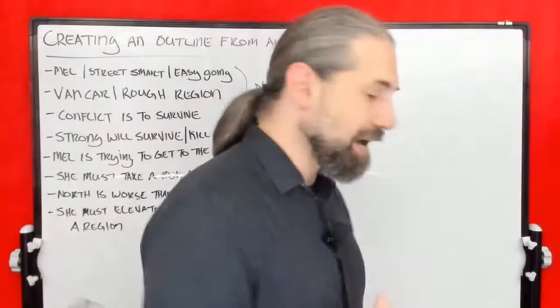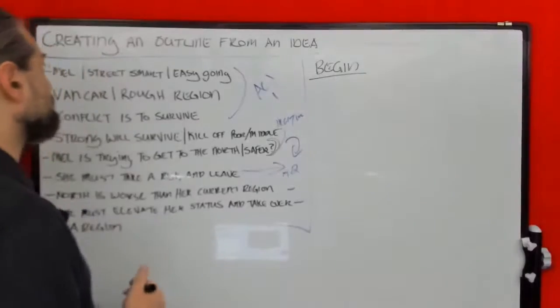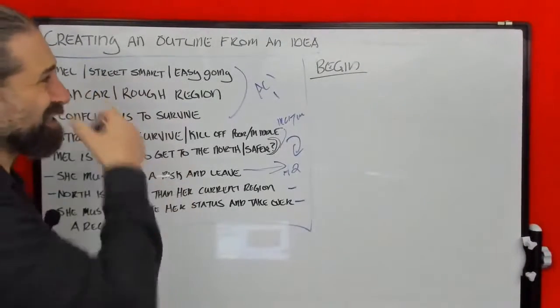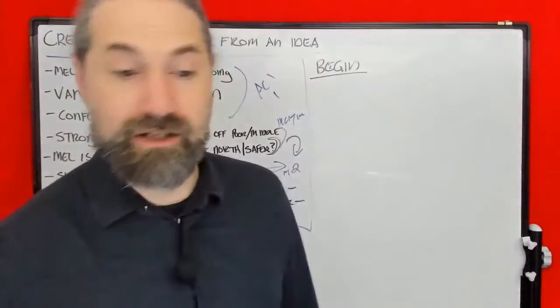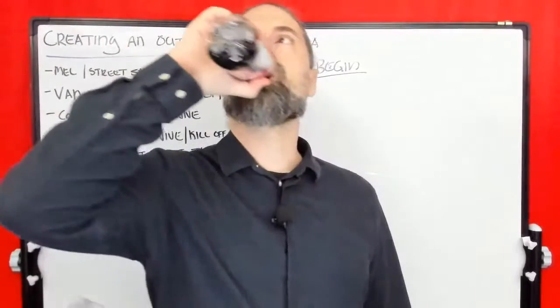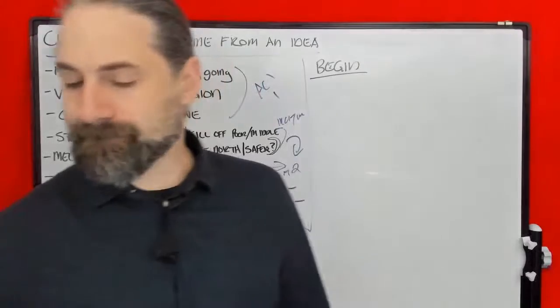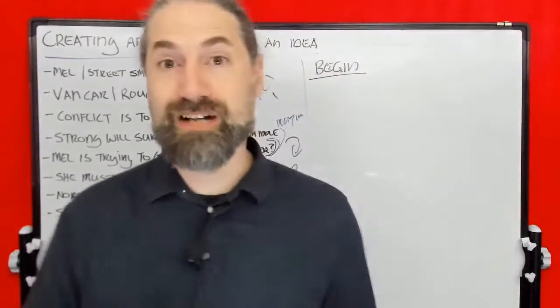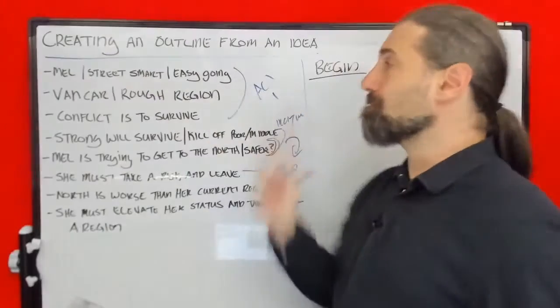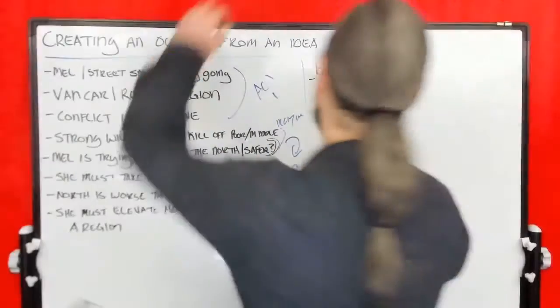So something I might want to do with this story is Mel street smart. She's easygoing. Do we want to have her have friends, people she could trust? Can she not trust people? What you can do is you can establish the question of who's trustworthy, who's not trustworthy. And Mel could be somebody that's maybe an idea is